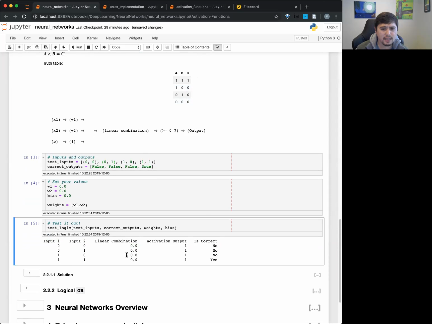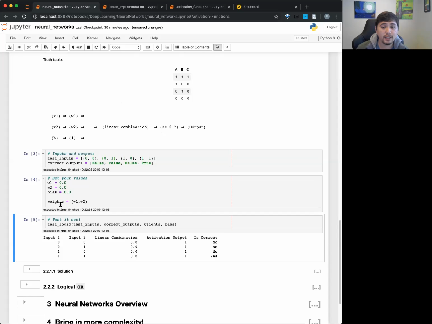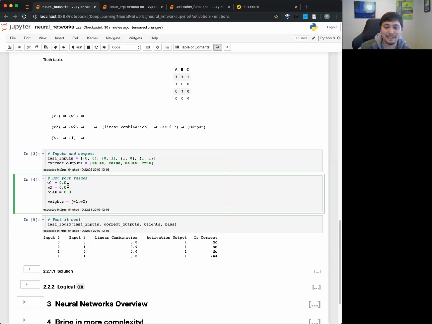Okay, does that make sense? Or does everyone understand how this connects with the truth table? Yeah, any questions so far? Feel free to ask if something doesn't seem quite right. Okay, so I'm going to ask you guys, what do you think, any ideas of what we should put for W1, W2, and bias? Feel free to randomly choose too if you're not sure. And note that you can use positive numbers and negative numbers.